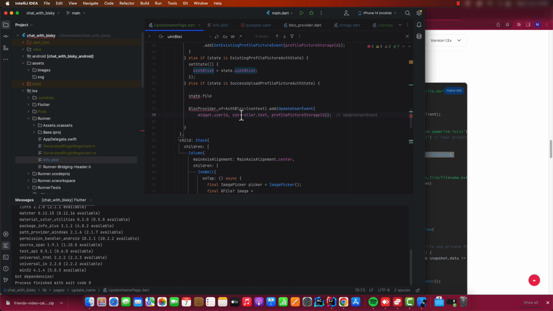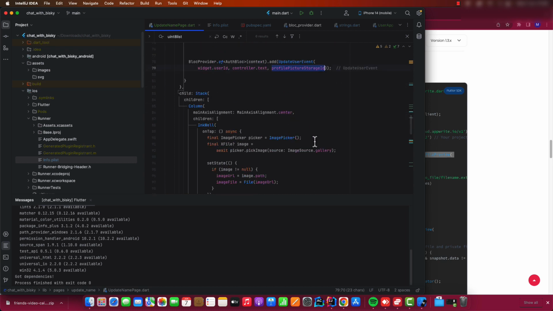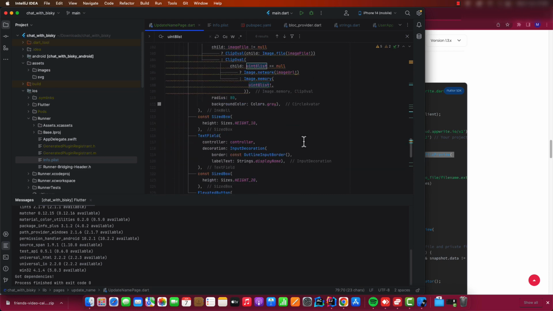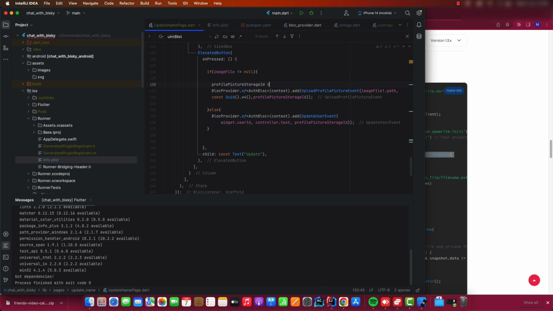So the profile picture, the file, we can copy this. I think this is going to be the file ID, or what you can do, yeah, we can leave it like this. And before calling this one here, we just say